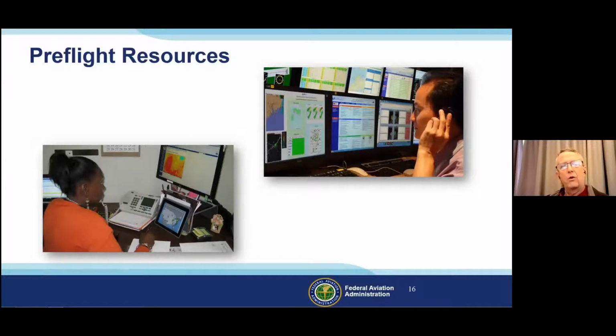A lot of us now are doing our briefings by ForeFlight or whatever app you choose, and that's fine. But you need to practice getting that information. It's one thing to click that brief button and download that briefing, but you really do need to take a few moments and read it and find those runway closed NOTAMs that are buried in the other mountain of NOTAMs. So I've made a note to myself, I'm going to get better at that in the future. But that call to flight service,